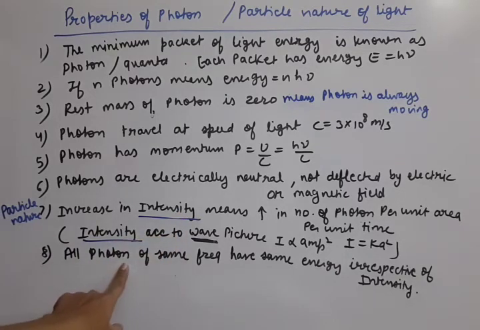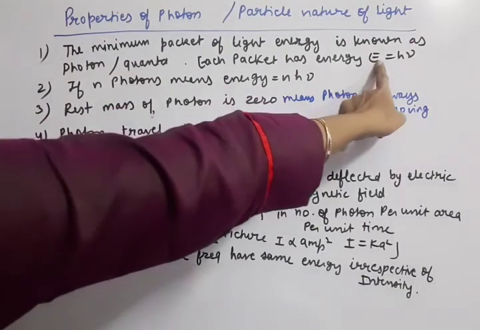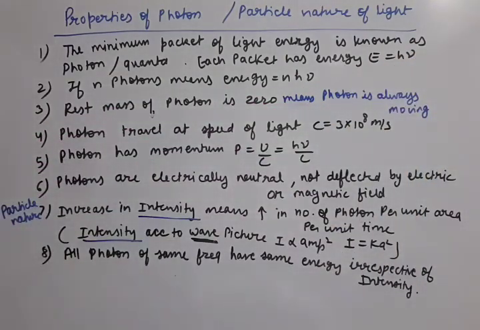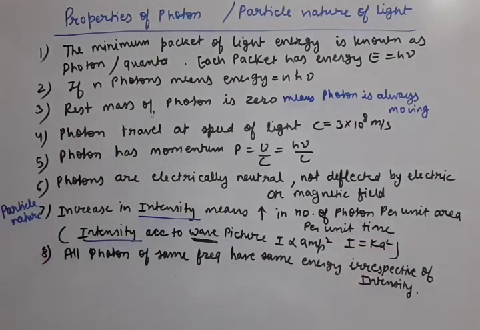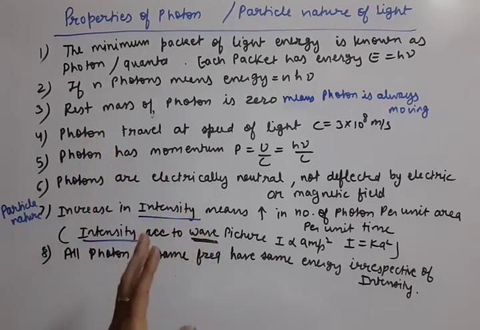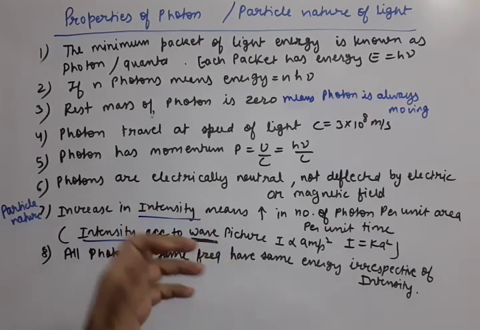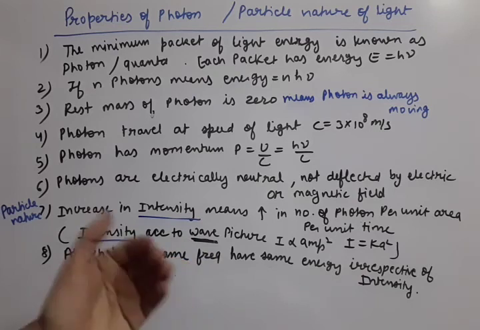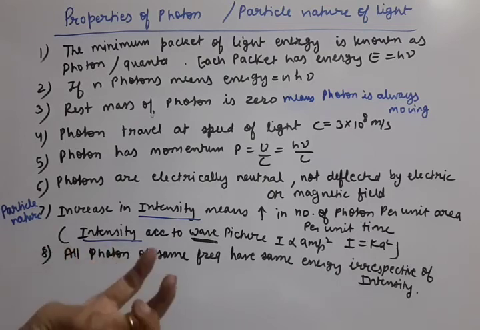And then the last point is about frequency and energy. All photons of the same frequency have the same energy, because of this formula: energy means frequency only. Energy increase means frequency increase. E equals h nu, irrespective of the intensity. So remember students, intensity and energy of light are two different things. Intensity means the number of photons, and energy means what frequency each photon has. Those are the two different concepts, intensity and energy.